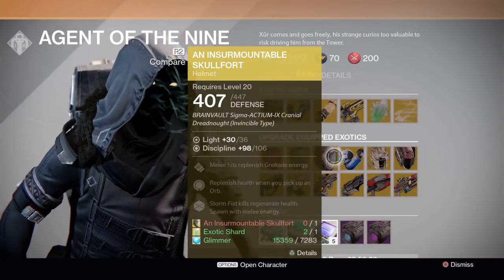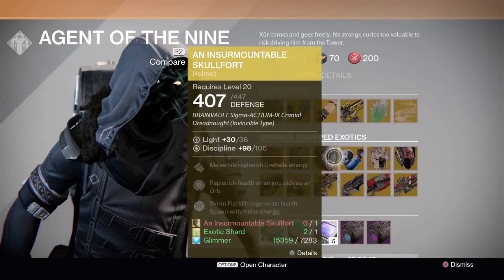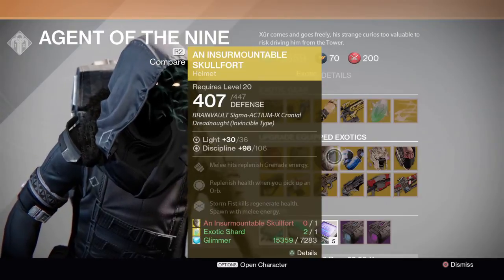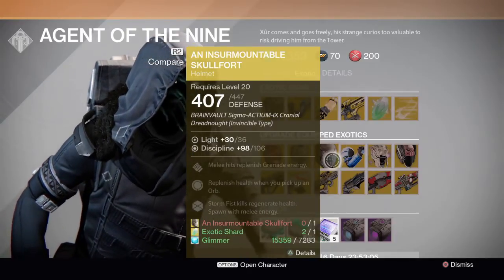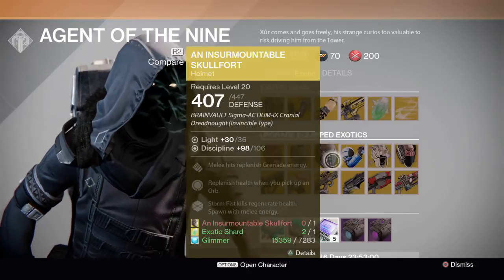Insurmountable Skullfort, as I said, excellent for Crota's End hard mode, because every time you pick up an orb, you regen health, and Stormfist kills regen health. So you get transfusion, infusion, just a very strong exotic overall, and definitely you want to be running this in Crota's End. Melee regen health, orb regen health, you just can't ignore the stability, not the stability, the survivability this